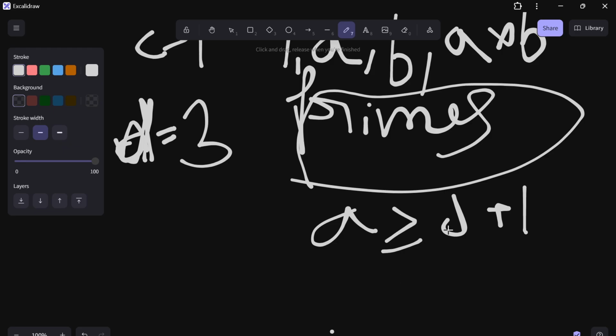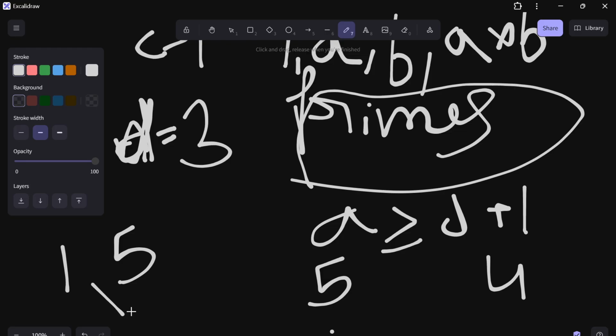So if it is greater than or equal to D plus 1, it means if the highest is 3, it becomes 4, and we need to find any prime number that is greater than 4. It has the 5. Okay. So can you think that the difference between them should be D? The first one is 5, and another is 5, so the difference between them is 4. So the condition will be valid. Okay, again